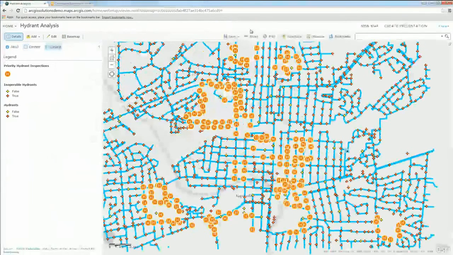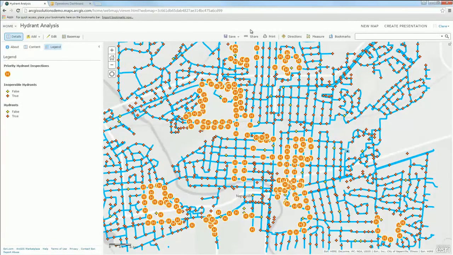Thanks, Pat. As data is being collected in the field, it's important for operations managers to have access to this. This information is going to be key in order to make decisions. Using ArcGIS Online, this data is used in a web map to monitor and analyze hydrant inspections and their assets. In my hydrant analysis web map, I've added my inspection service. Right now I have a view of all priority inspections. In order to view only those